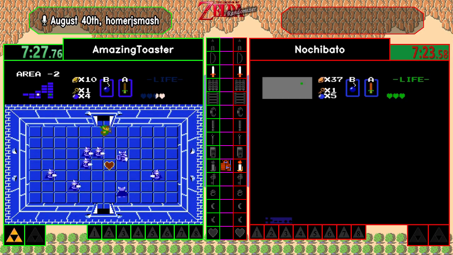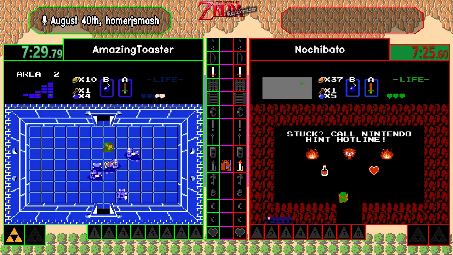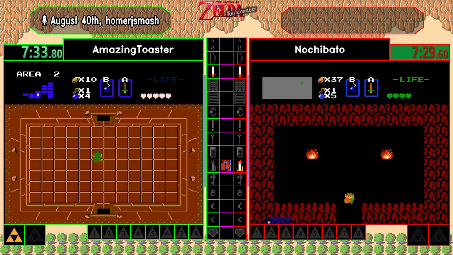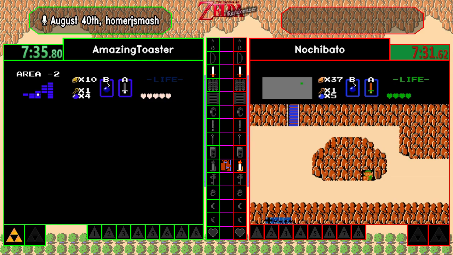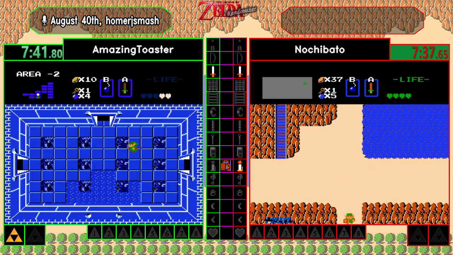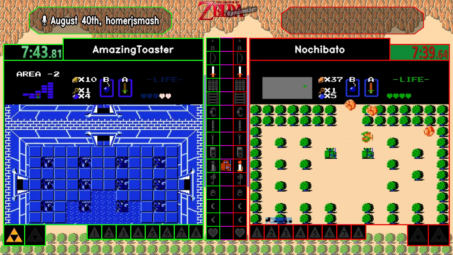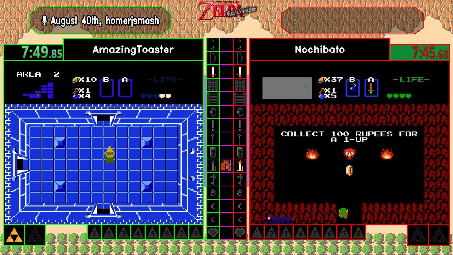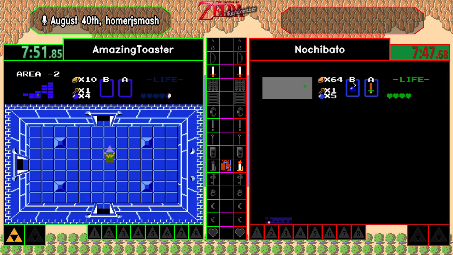Alright, Monocle Rock holding a better prize as AmazingToaster finds the second heart container out of level 2. And yeah, so 2 is kind of a bust. Yep. Let's see if he grabs that Triforce. I believe Toaster is the one who saw it. Oh, I'm sure they both saw it, so...